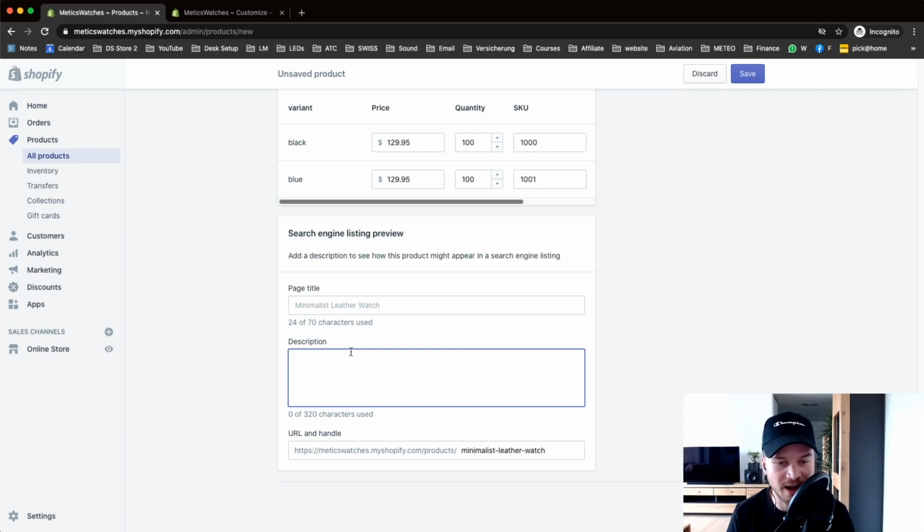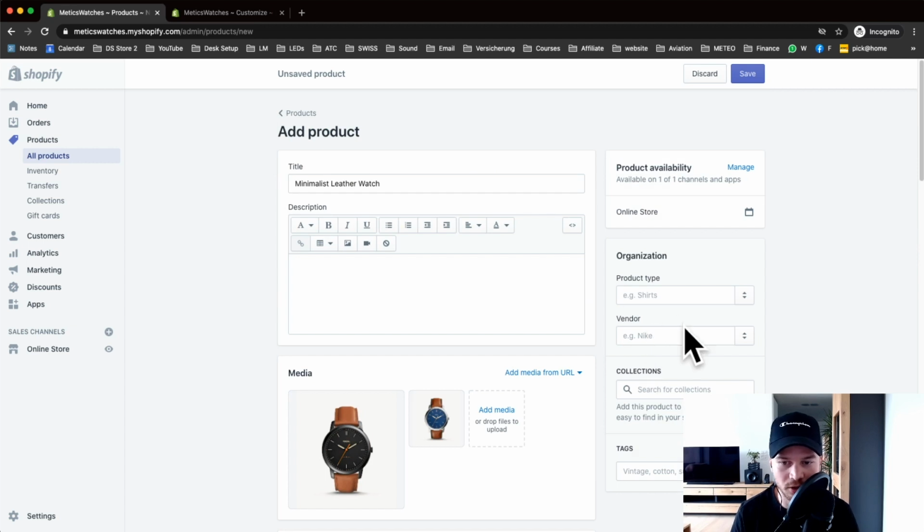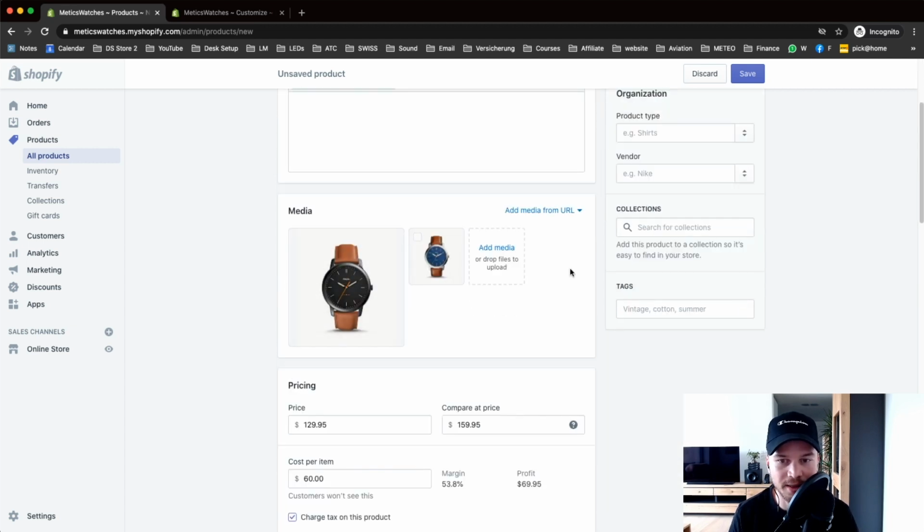That way you have a higher chance of getting organic traffic to your store and getting a sale without having to pay for paid advertising. You can also change the URL on the bottom here if you want to. All right, so let's also scroll to the top again and assign that product to one